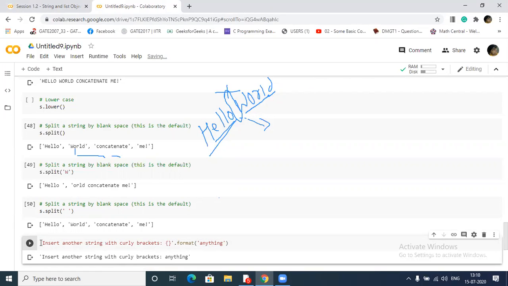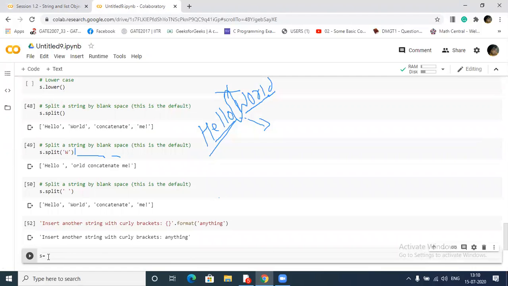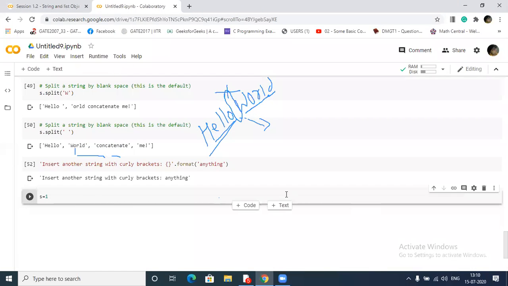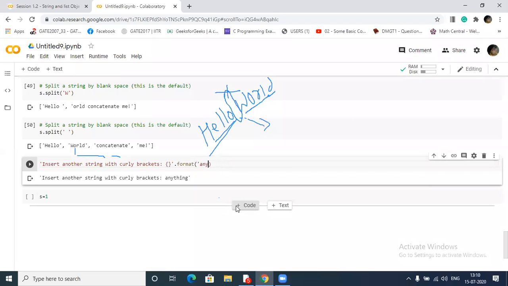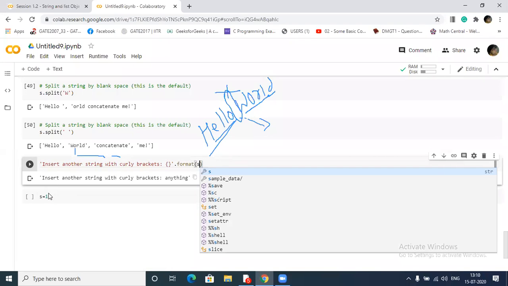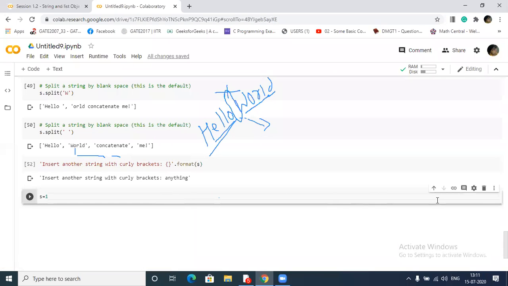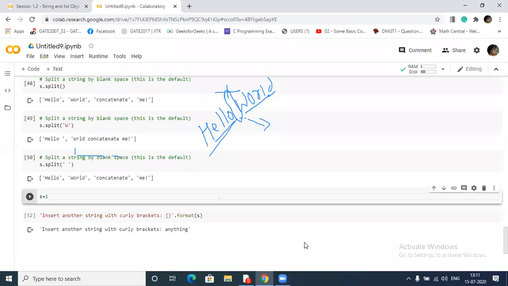Whatever message you want to pass, and whatever object or variable, it can be an integer or anything. Suppose I pass s is equal to 1, and I pass s here.